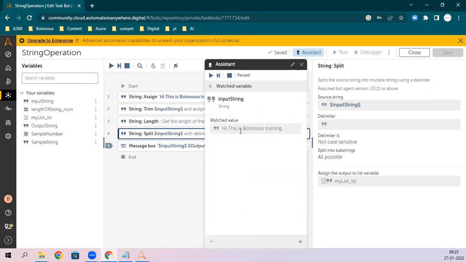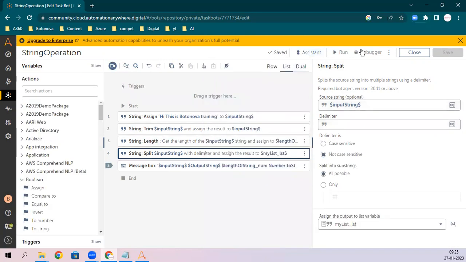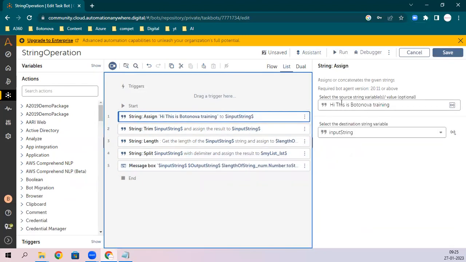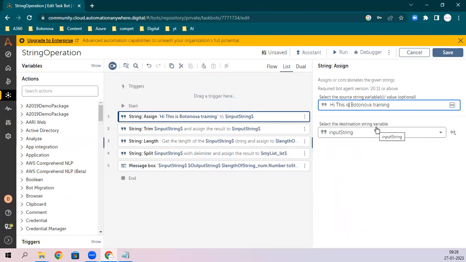This is your input string. Okay, so let me complete it. Exit debug. Any doubt so far? No. Okay. So for the split, let's suppose you have a semicolon in your data.